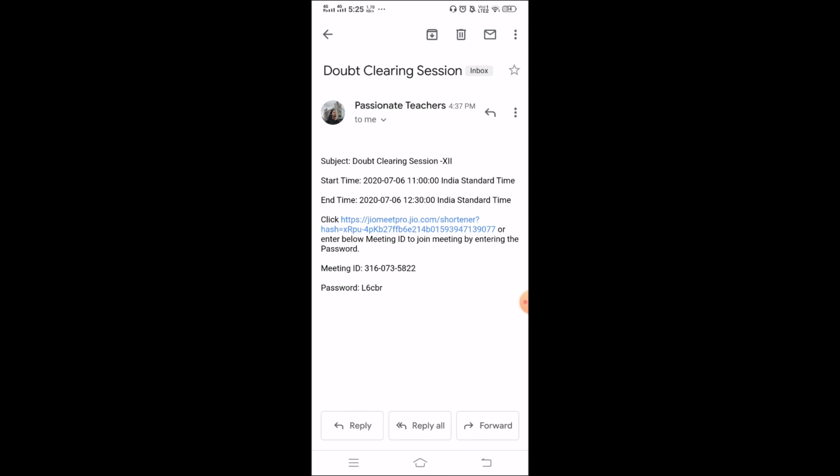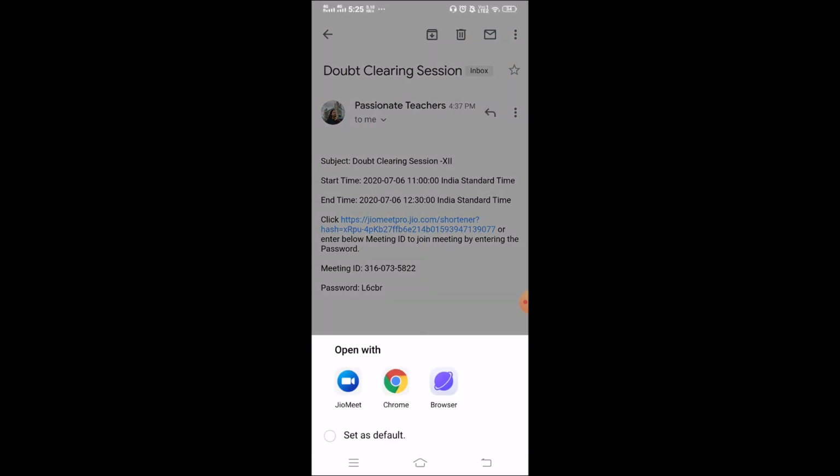Now it is up to you how you want to share this information with your students. Do you want to copy this link and share it via WhatsApp groups, or maybe you can copy it in your Google Classrooms, or you can just simply share the meeting ID and password with your students. In both cases, they will land in the same meeting room.